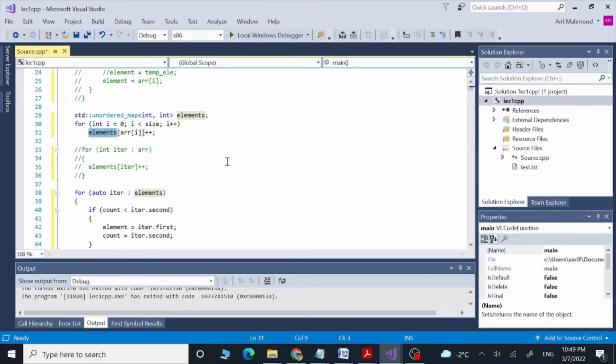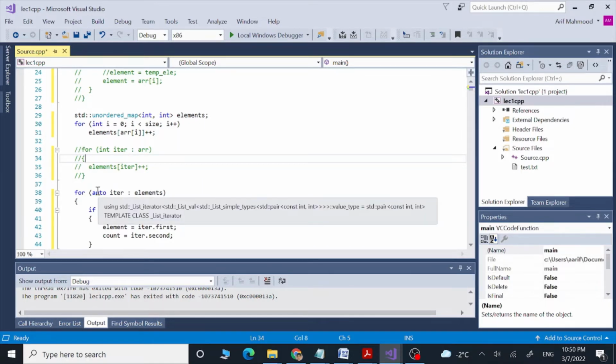This map is going to have two types, a key and a value, right? Whatever the element is, we are going to store inside our key, and its frequency we are going to store inside this second integer type, right?